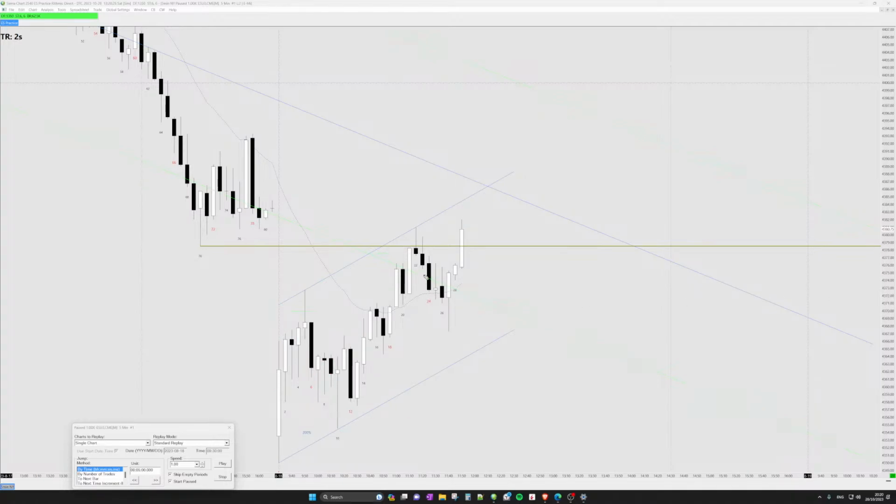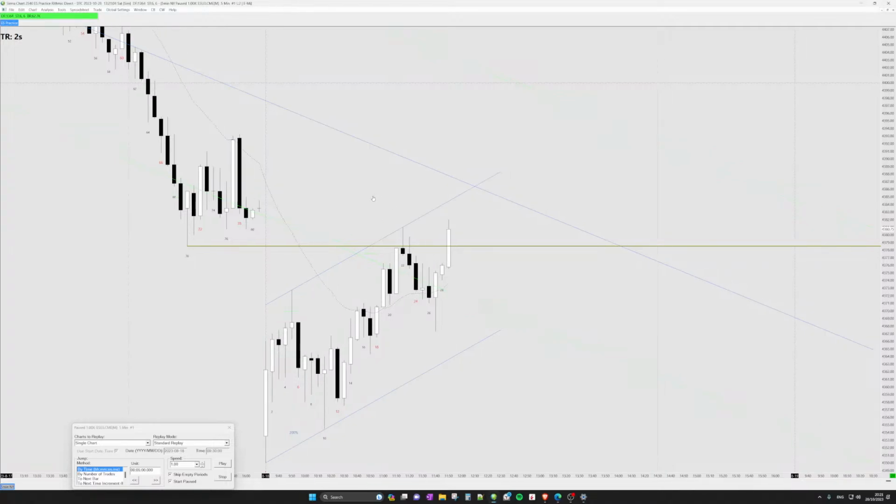Also, now bears have 3 consecutive bear bars, so this is a very strong bear bar. So now it's likely that the new high will not be higher compared to the previous high. Maybe it will be like half of that. This is another sign of weak momentum when the new highs are shorter compared to previous highs.